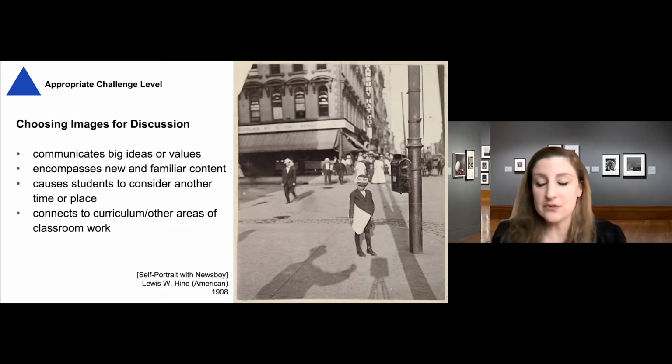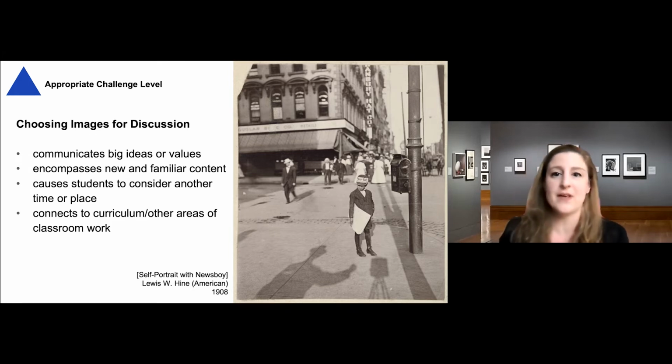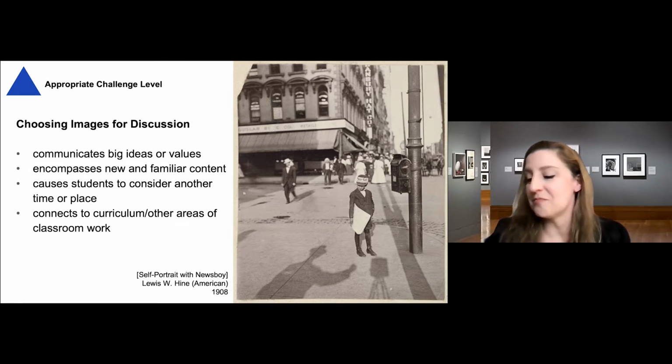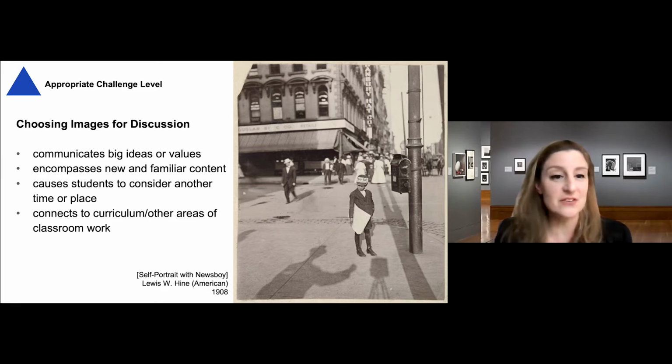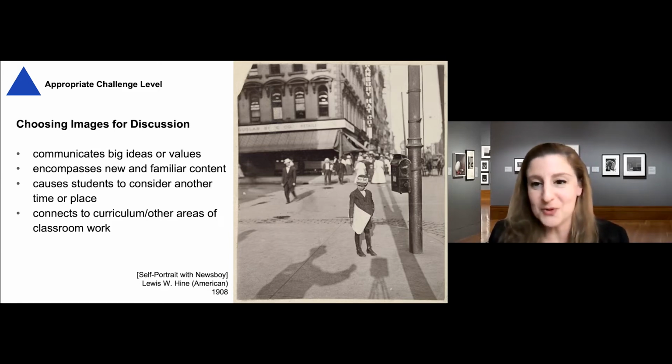It also takes us to another time and place and asks us to put ourselves in the shoes of this person who lived at a different time from us and to wonder about what's going on with that person. This also is great to connect to curriculum if you're doing, for example, social studies curriculum and learning about people in your neighborhood. Although they may not be familiar with newsboys, there still are newspaper delivery people that are members of our community who contribute to our day-to-day lives.